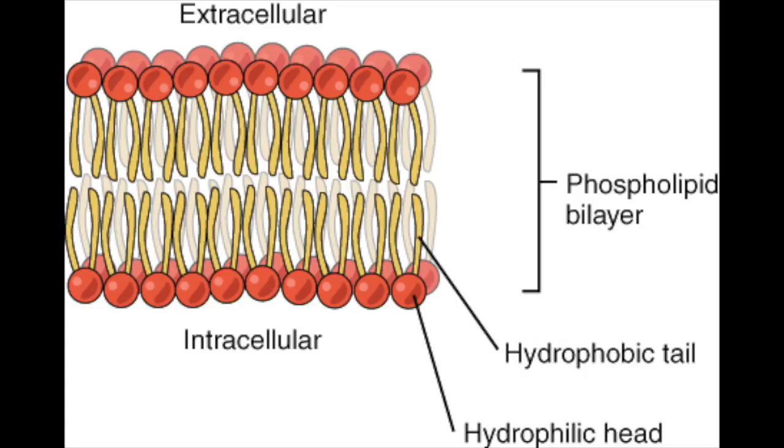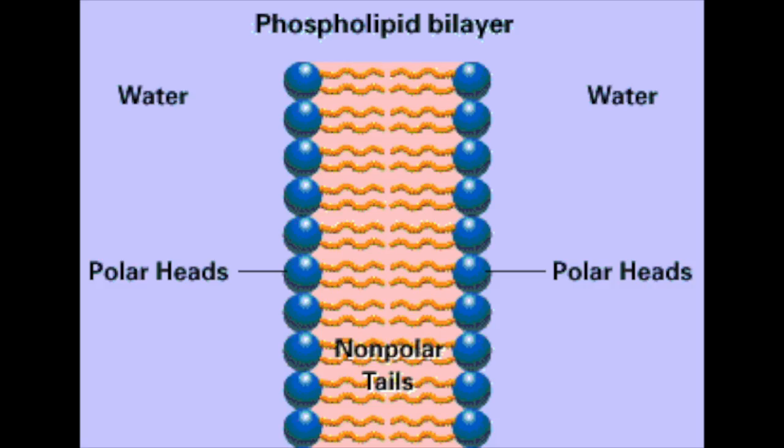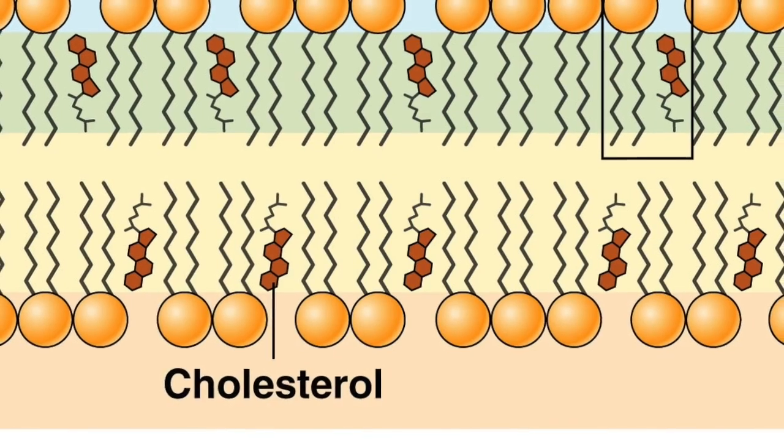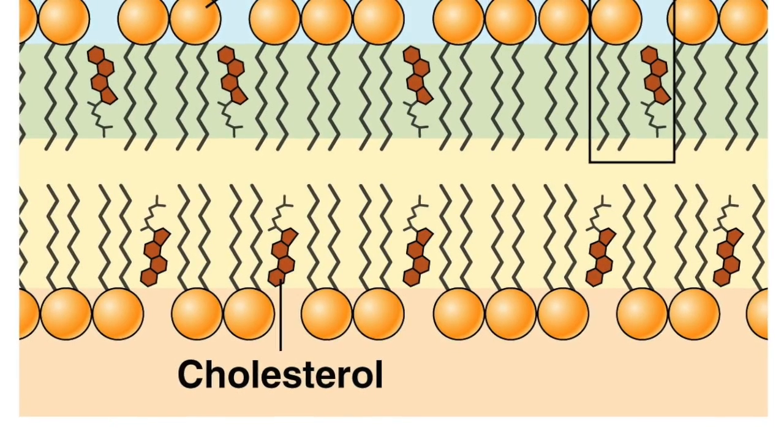The phospholipid tails, or fatty acid tails, are on the inside of the phospholipid bilayer, attached to the negatively charged phospholipid head. The heads are hydrophilic, which means that they are attracted to water, while the fatty acid tail is hydrophobic and repels water. Together, the head and tail create an amphipathic molecule, which is a molecule with hydrophilic and hydrophobic parts. The cholesterol is also on the cell membrane and is inside and helps to work with cell signaling